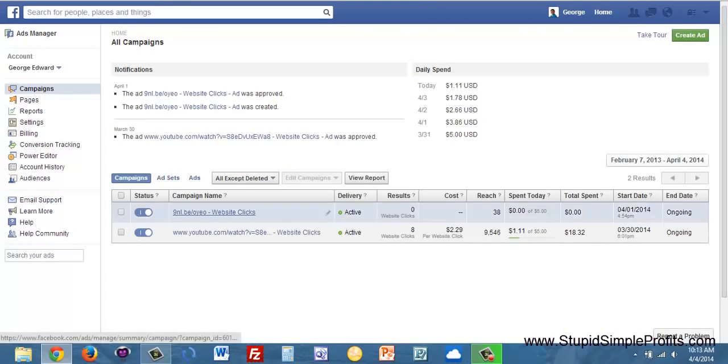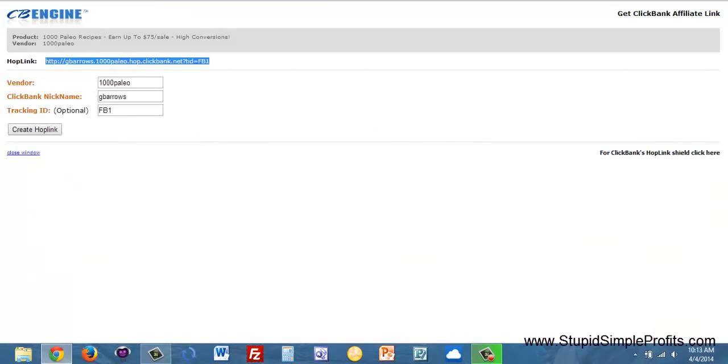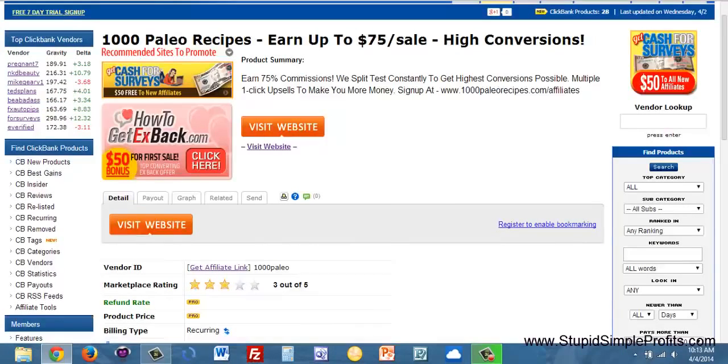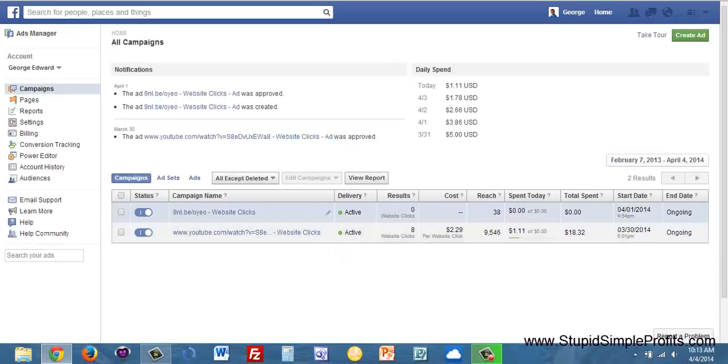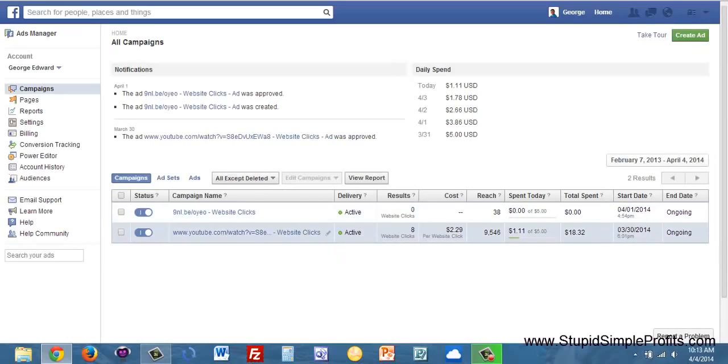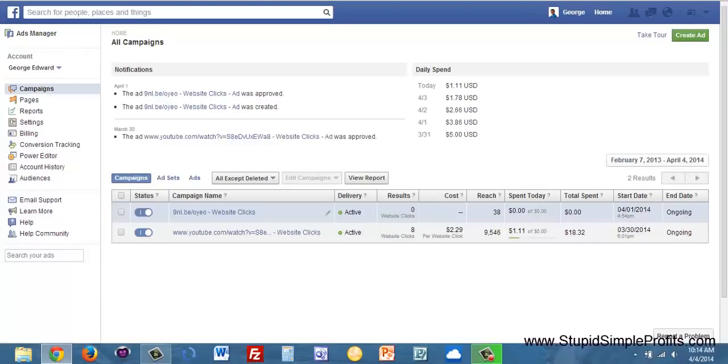So as you can see, that 9NL, that's the same code that they gave me over here. 9NL. So as you can see, Facebook had approved it. It was no problem because I just did it a little while ago. And there's no problem. So you can send it there, and then you can also go back, say later you're seeing clicks on your actual ad,